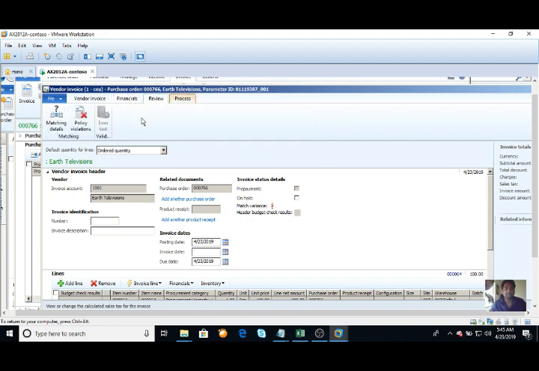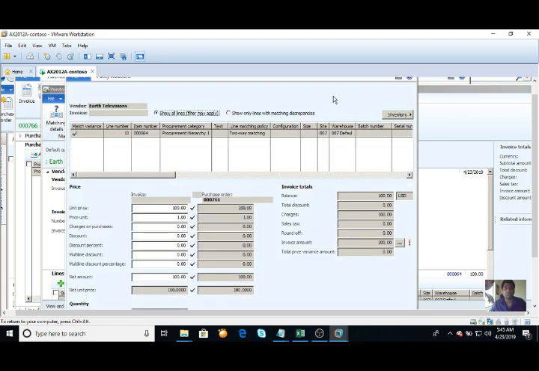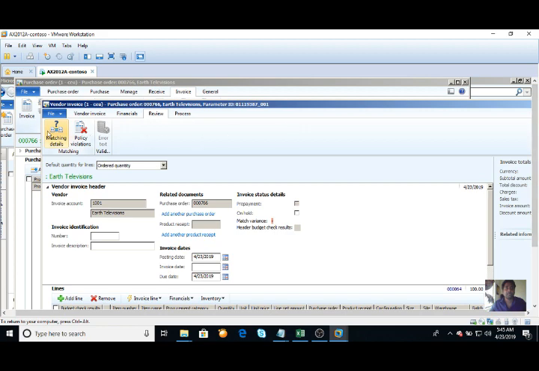Once you click on the next tab, that is review, the first option is matching details. Matching details is nothing but making sure that the order quantity is in sync with the product receipt quantity, and also in sync with the inventory quantity. It will give you the exact comparison between the quantity when the purchase order is created and the quantity when the purchase order is invoiced. You can manually validate it, and if everything is okay, you can click close, and you can